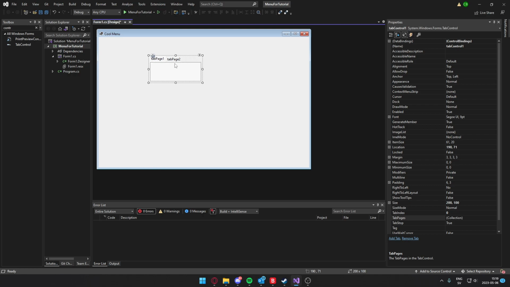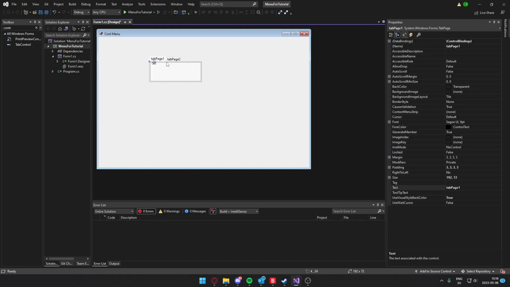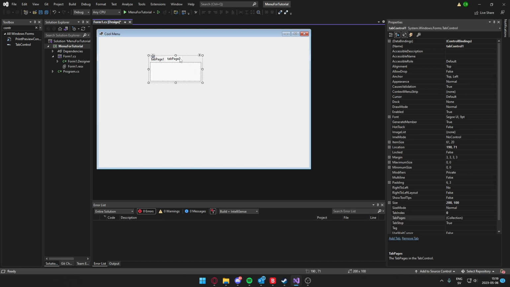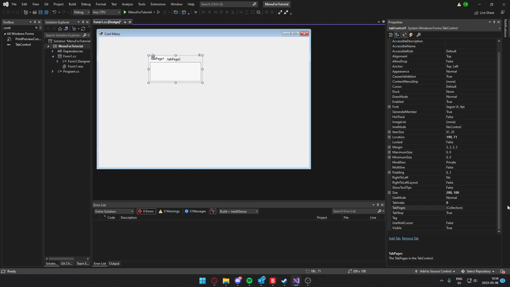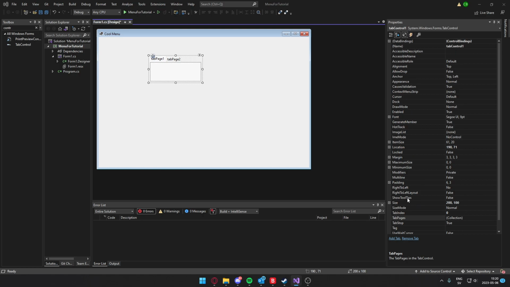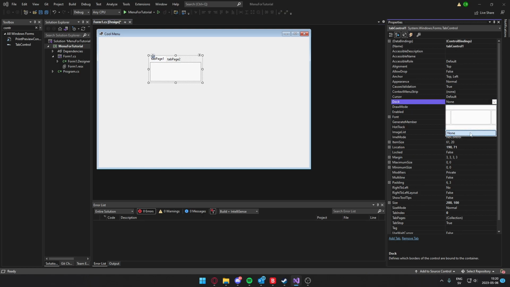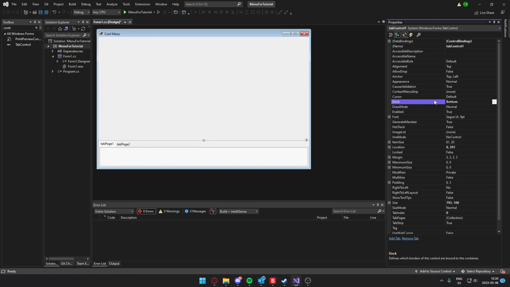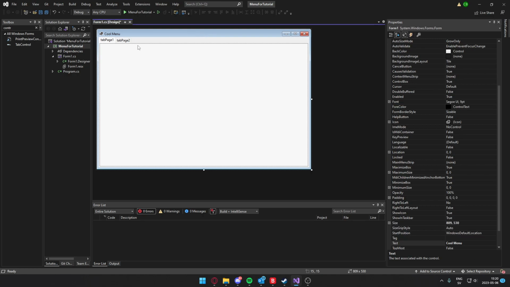Select the thing around the tab page and go down to dock. We want to find dock and click fill on the dock option, and your application is now